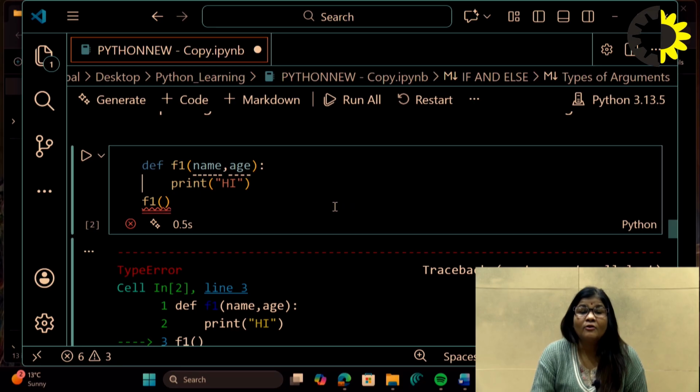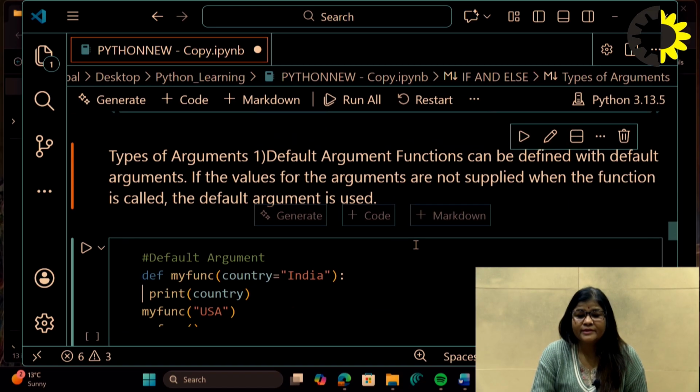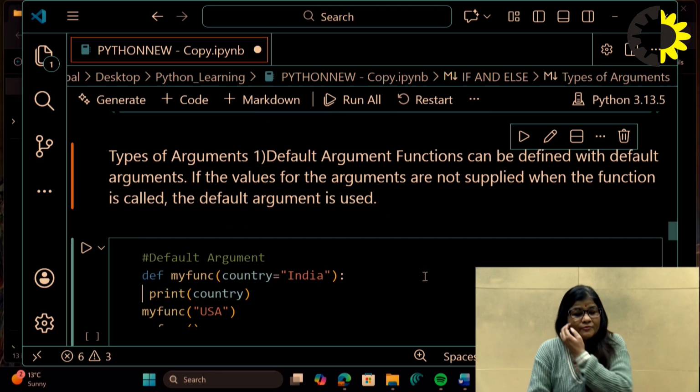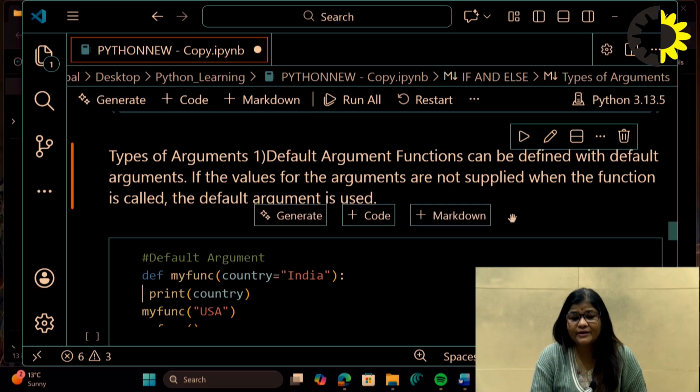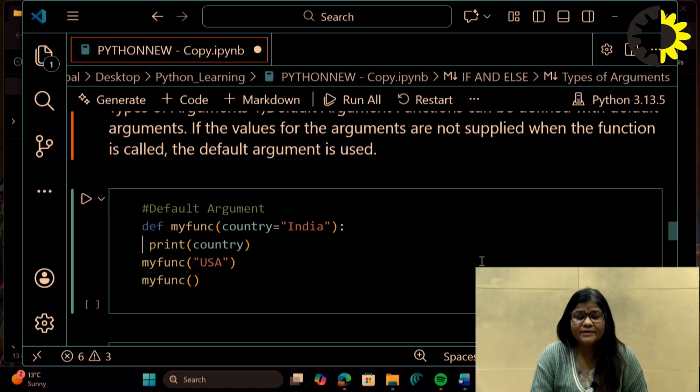with the default value. So types of argument: there are two types of argument. Number one is default argument. A function can be defined with a default argument. If the values for the arguments are not supplied when the function is called, the default argument is used. What does it mean? Here I have taken one example where in the first case I am using the default value, and in the second case I am using the